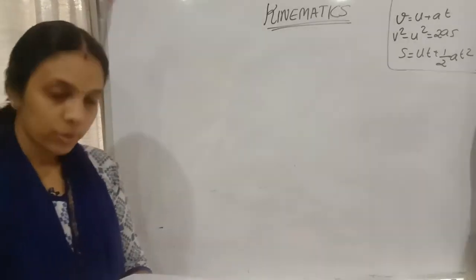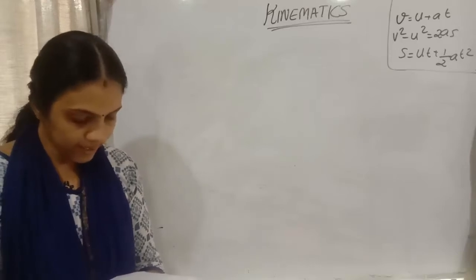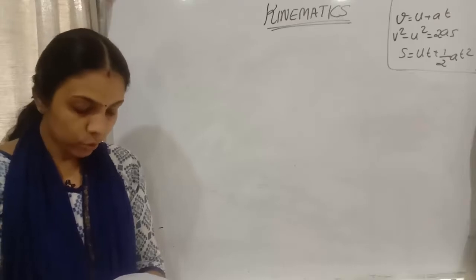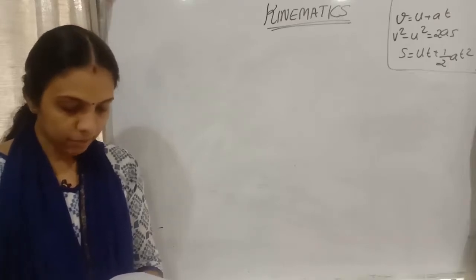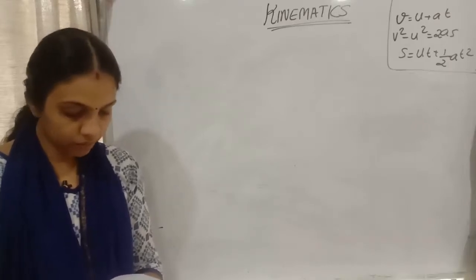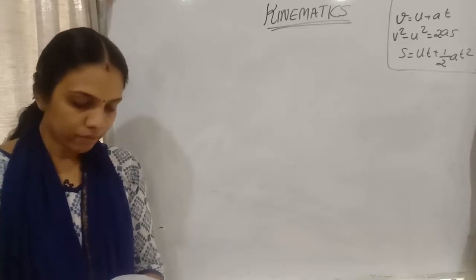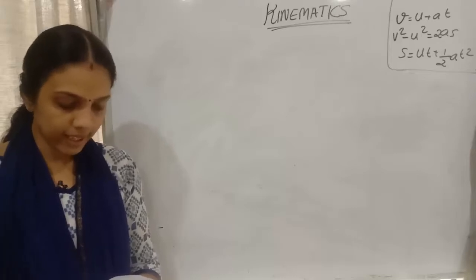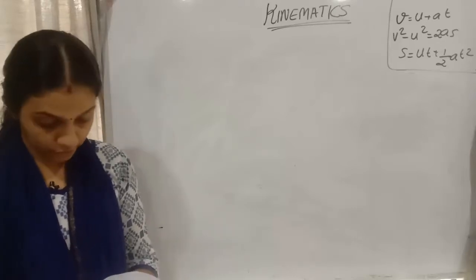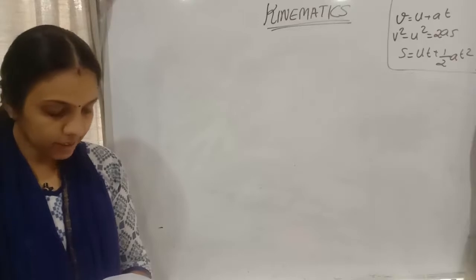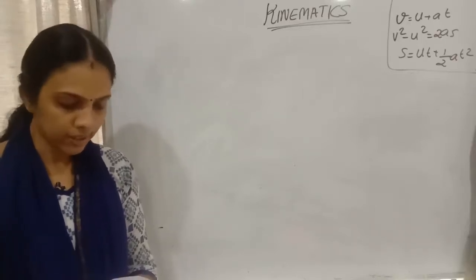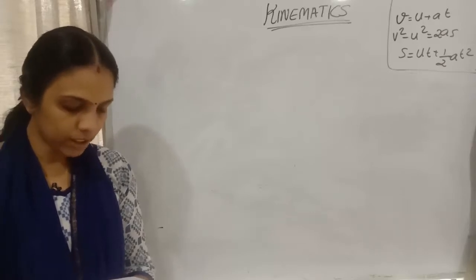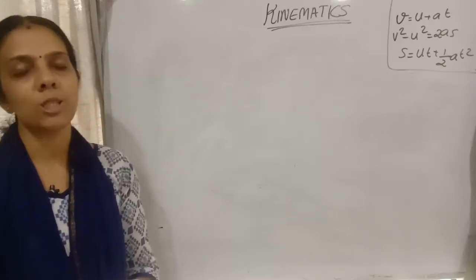Clear? So here the next question is: a particle starts from rest and traverses a distance L with uniform acceleration, then moves uniformly over a further distance 2L, and finally comes to rest after moving a further distance 3L under uniform retardation. Assuming the entire motion to be rectilinear motion, find the ratio of average speed over the journey to the maximum speed.